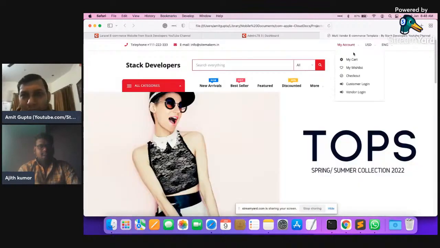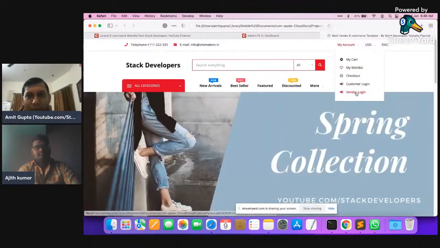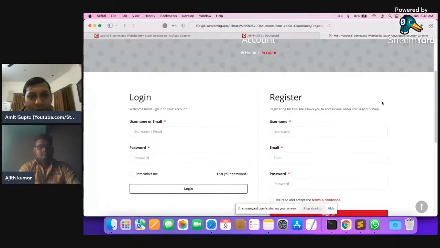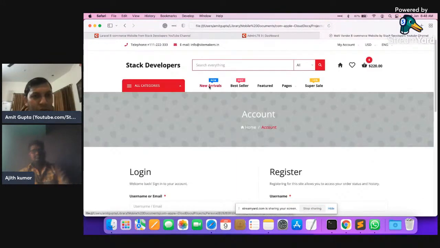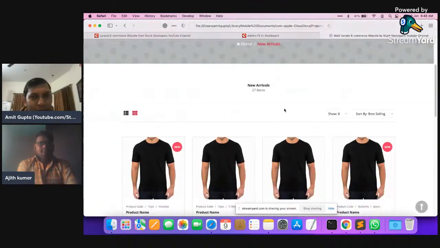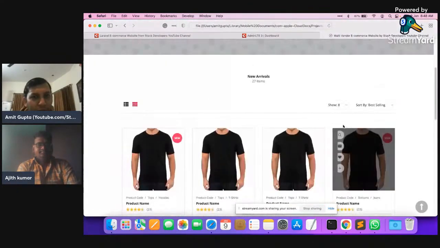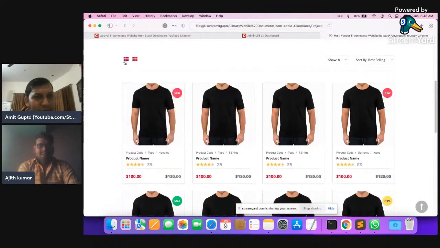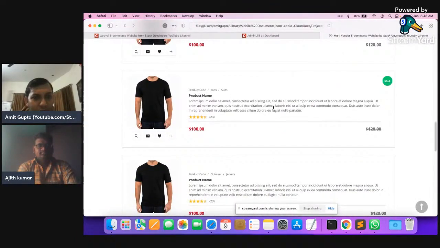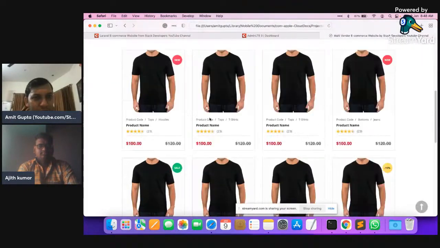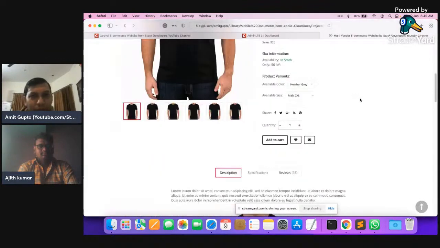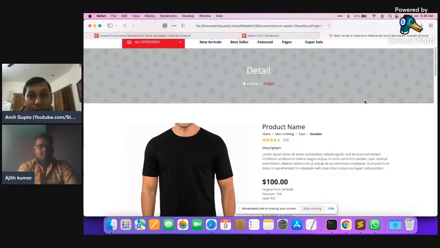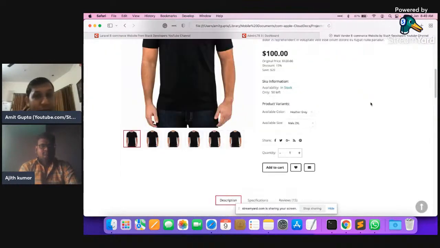Okay, you can see here the customer login and vendor login as well. So both the options are here. You can click on vendor login. This is the form for the vendor register login. Okay, so you can go to the new levels as well, and these are the products that are coming. Okay, so we can open its layout in different views. So this is another view of the listing page, and we can go inside and see the product detail page for the Laravel e-commerce multi-vendor website that we are going to make in Laravel 9.